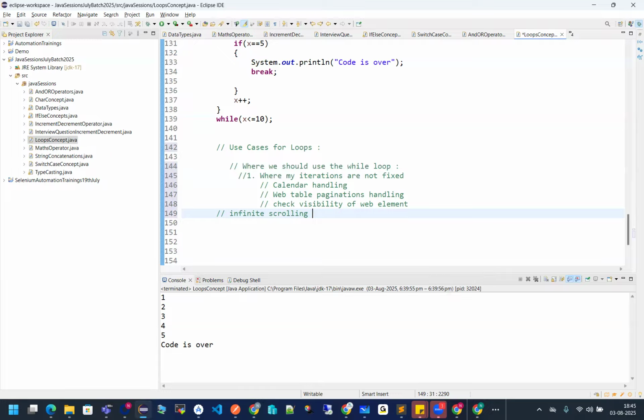You don't know how many scrolls you have to do to reach the end of the page, because it is infinite. You're getting feeds every minute, every day. So the infinite scrolling concept can be handled with the help of a while loop. I'll be showing you all these practical examples in Selenium because these are the topics that have to be covered. Fine. Okay. Let's talk about